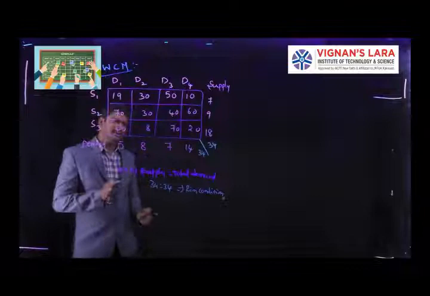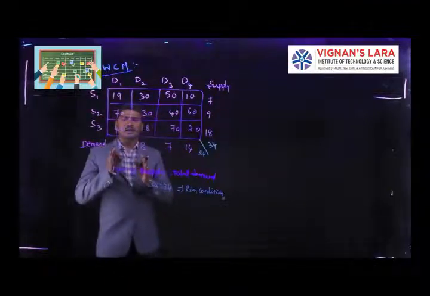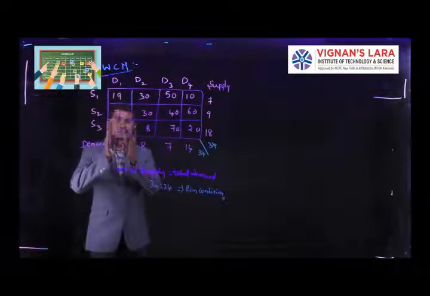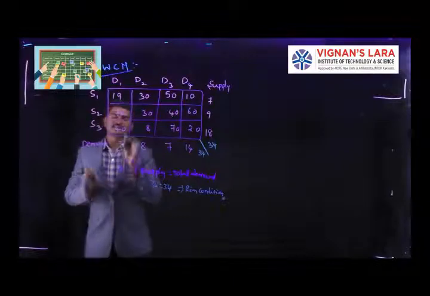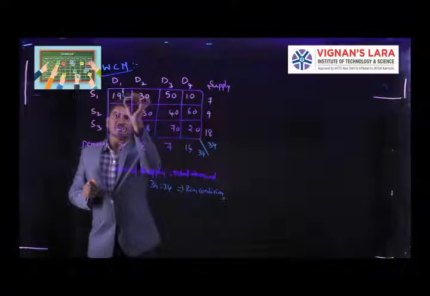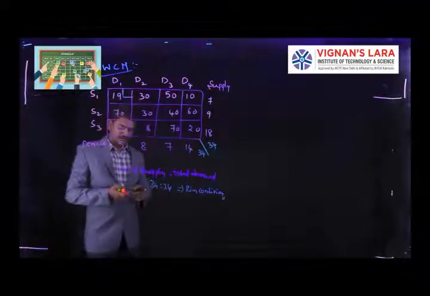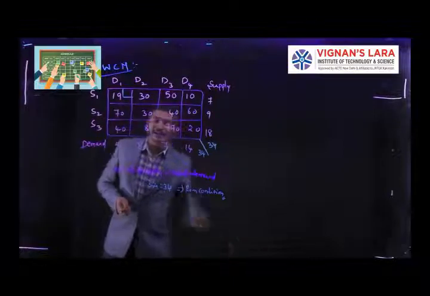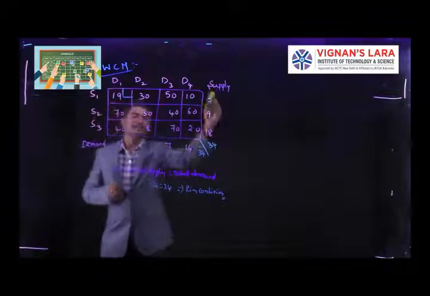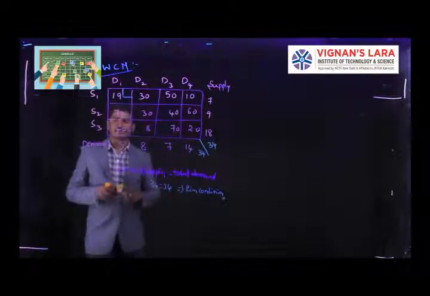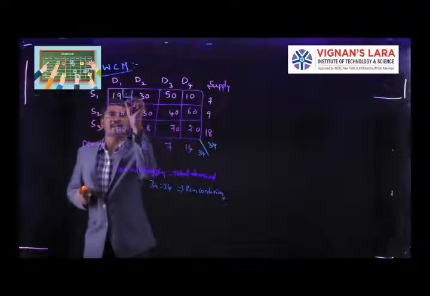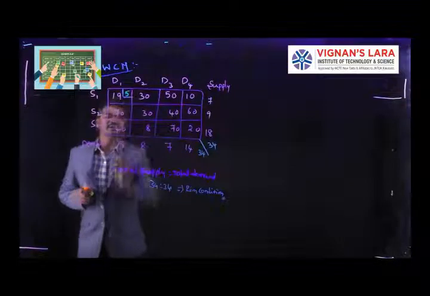The northwest corner method means we take the northwest cell and allocate the demand there. Which one is the northwest cell? In step 1 we go to the first cell. We assume this corner is the northwest corner. Here we have to allocate some units. Coming to the demand, we have 5 units of demand and the supply is 7 units. Based on the requirement, first we take 5 units from this supply. Our demand is 5 units, so we allocate 5 units here.